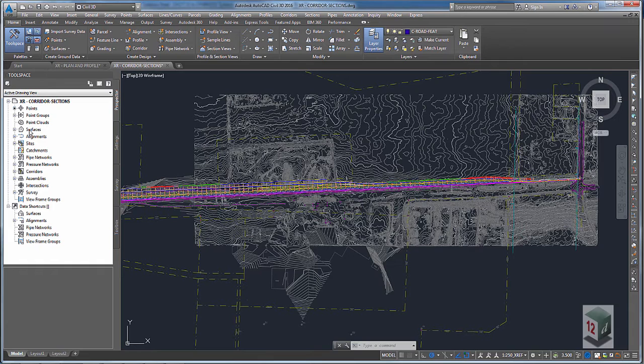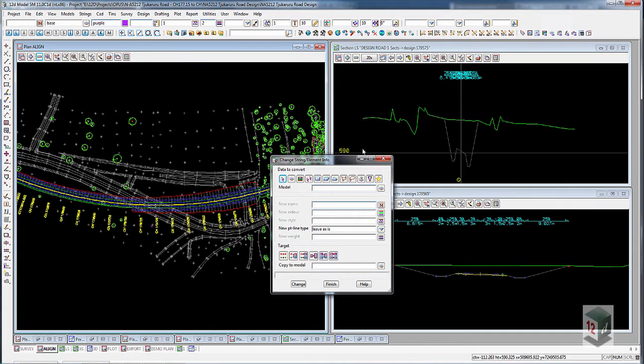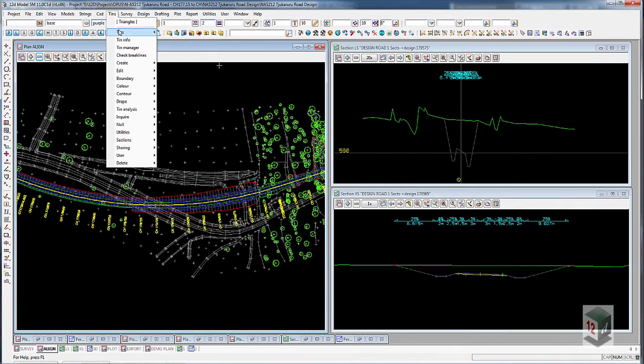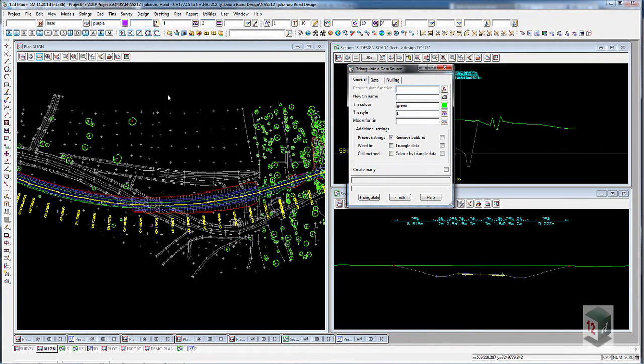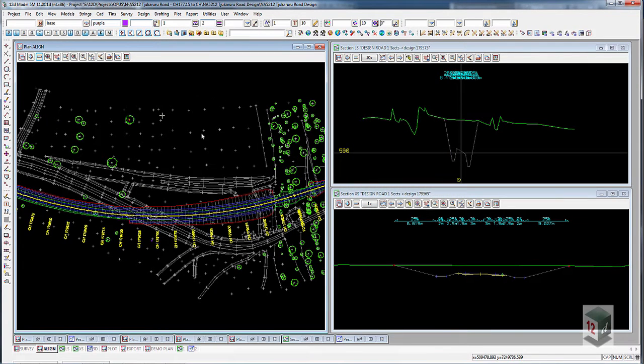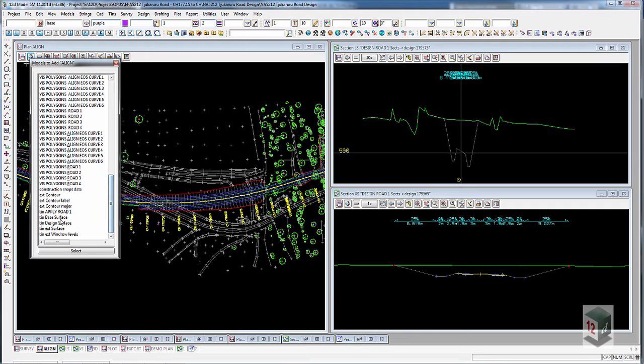The next thing is surfaces. Surfaces in 12D would be called a triangulation, or a tin, as we call it in 12D. How we tin in 12D is we pick models, and those models can contain lots of different layers, and you can decide what you want to tin within each model. And if you wanted to see a different graphical representation, just like your surface display in Civil 3D, we just have to